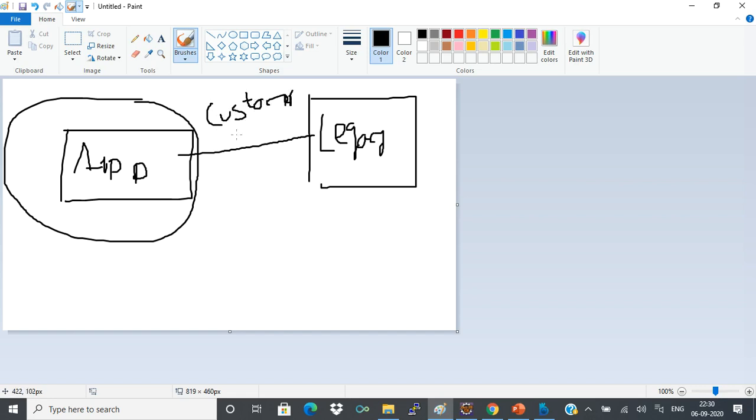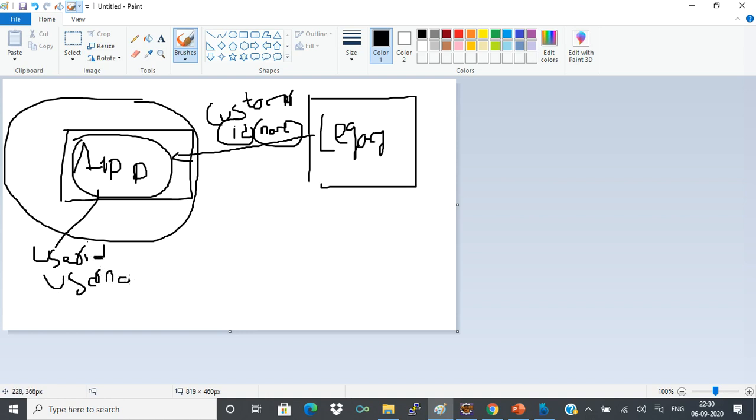So this customer has attributes like customer ID, customer name, and so on. This legacy application gives these as a response to my application. But my actual application is expecting attributes in a different way, not ID or name, but different attribute names like user ID, user name. It is expecting attributes like this.